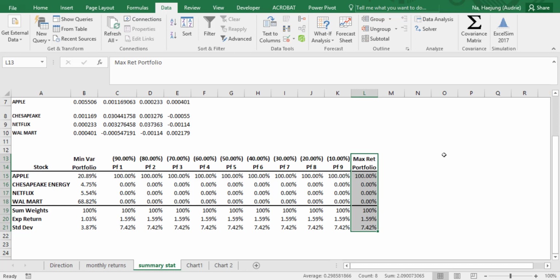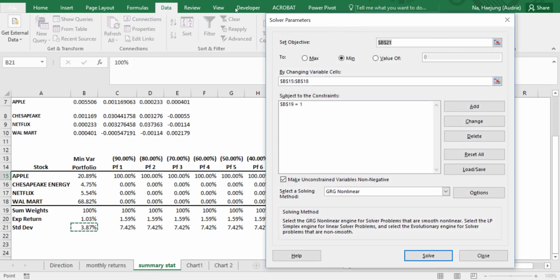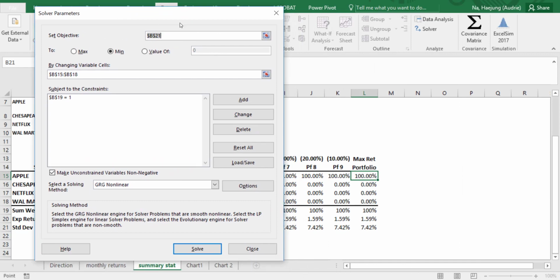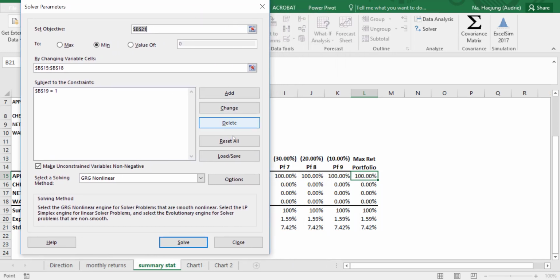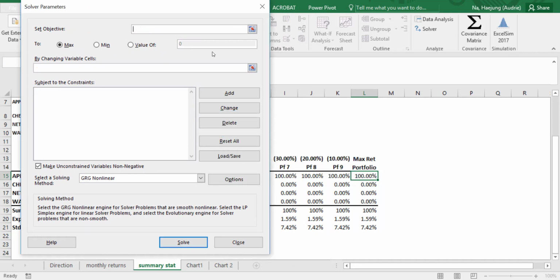You will use the solver function again because this is another optimization process, but your objective and the constraint would be different. So let's go to solver and let me try to explain it. All right. So again, your solver parameters will just include all the information from the previous process. But if you want to reset it,